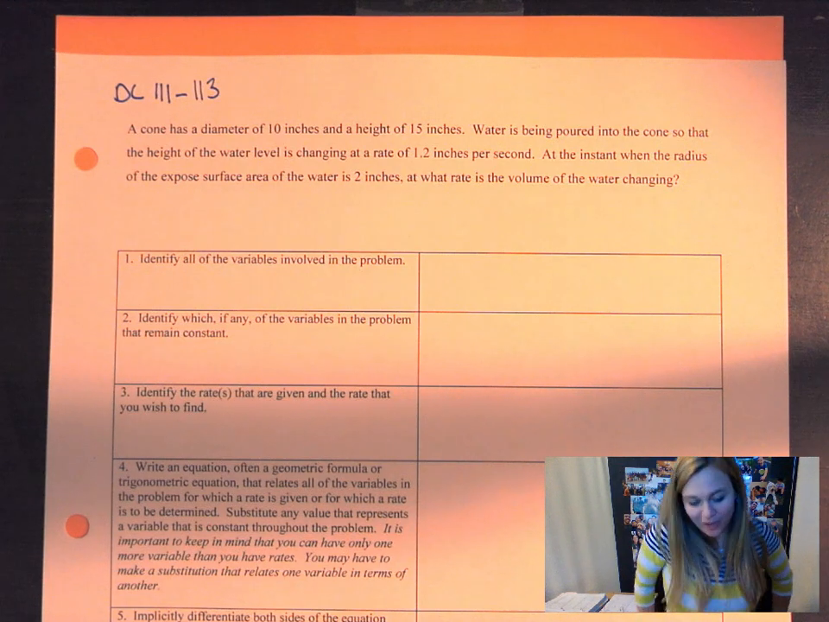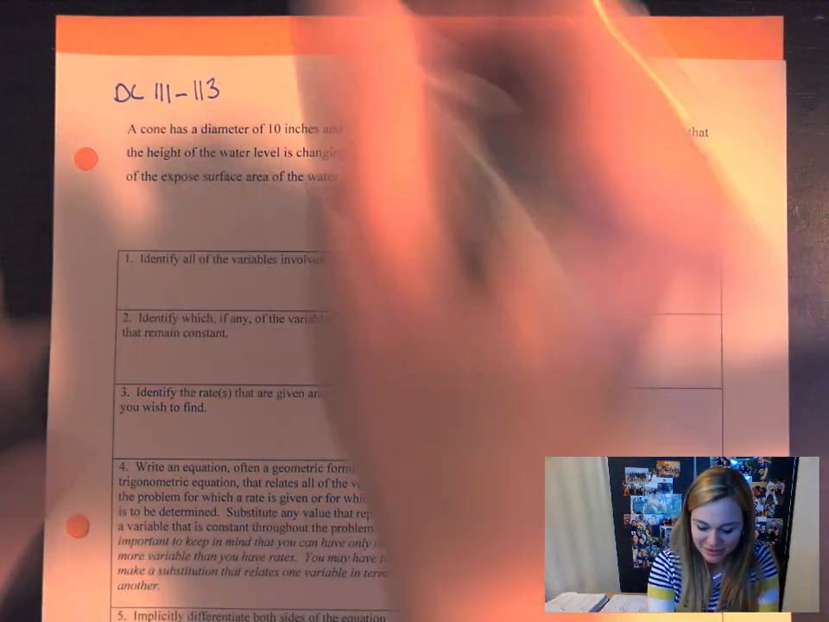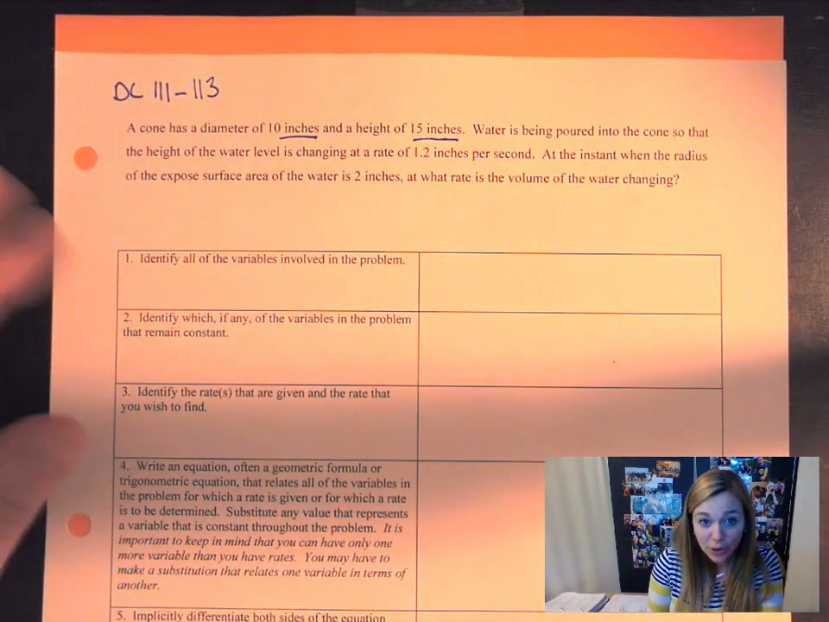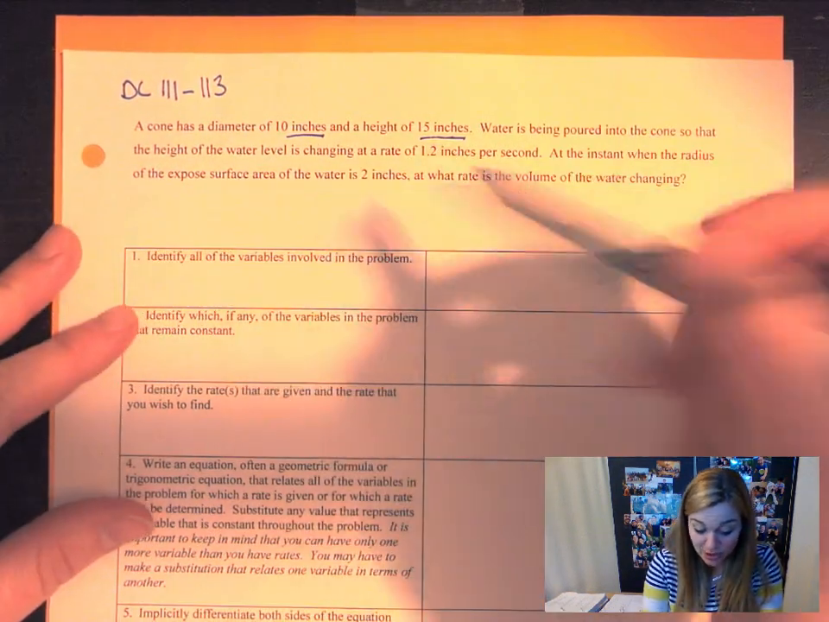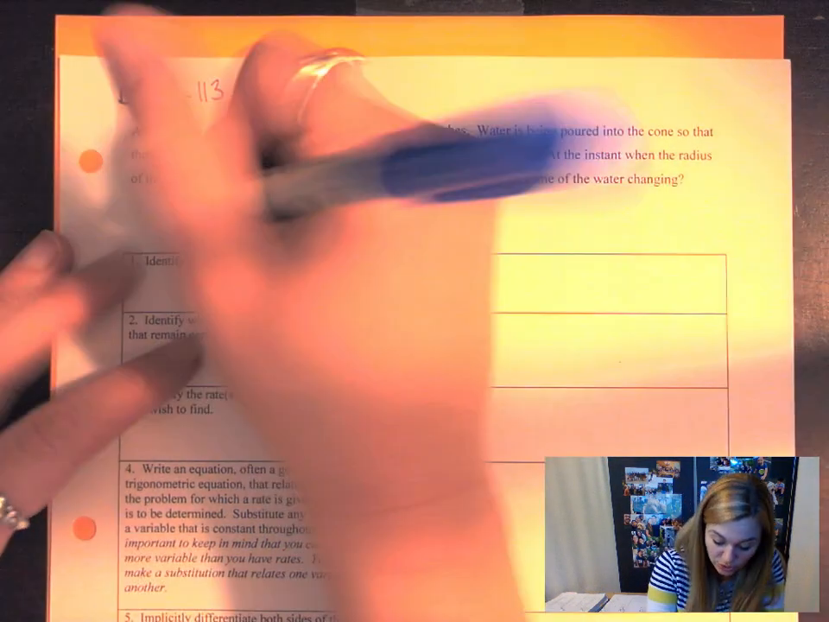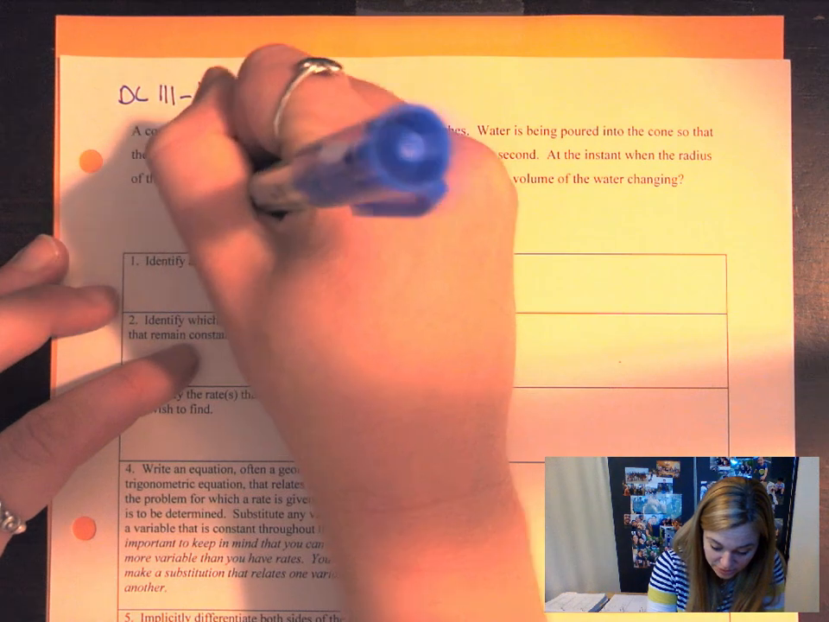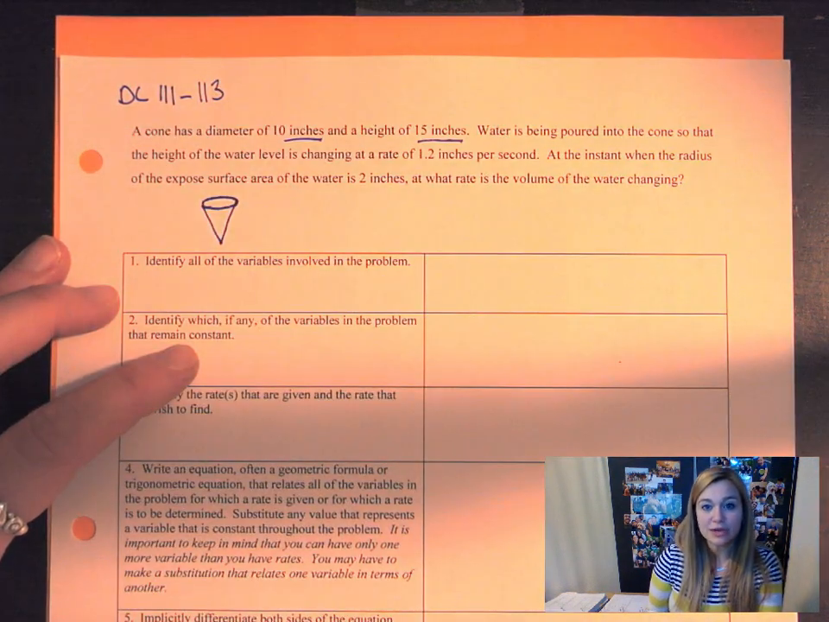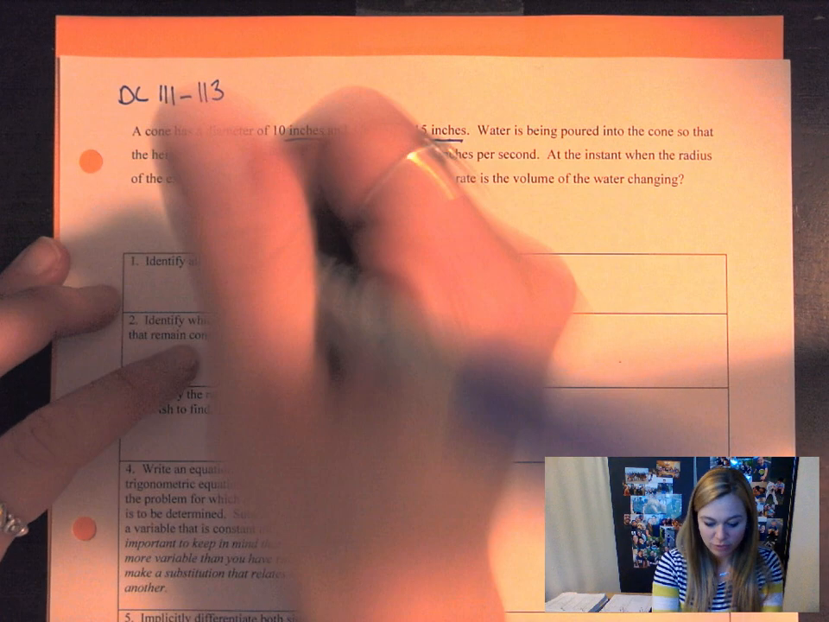Let's go. Okay, a cone has a diameter of 10 inches and a height of 15 inches. So the entire cone has a diameter of 10 inches, height of 15 inches. Water is being poured into the cone. So I'm going to draw this actually. So here. And water is being poured into the cone so that the height of the water level, so inside there's water,